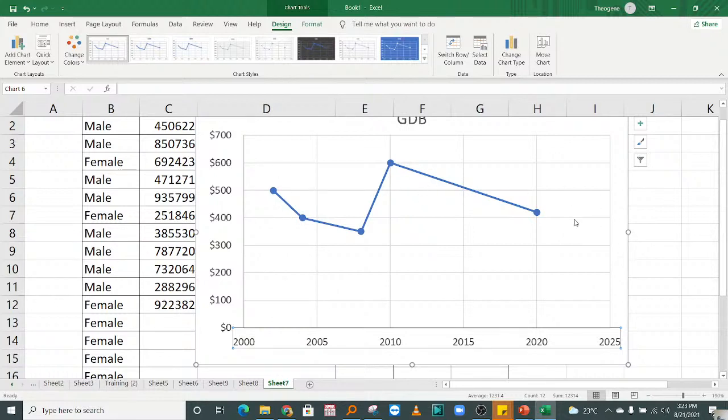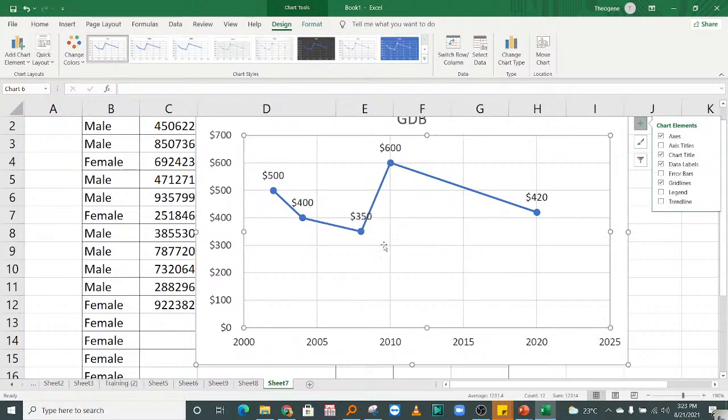So here you can add, for example, data tables, data labels, okay, data labels to see. Okay, so you see here around 2002 we were about 500. Around 2000 and whatever we were about 2004 you see,